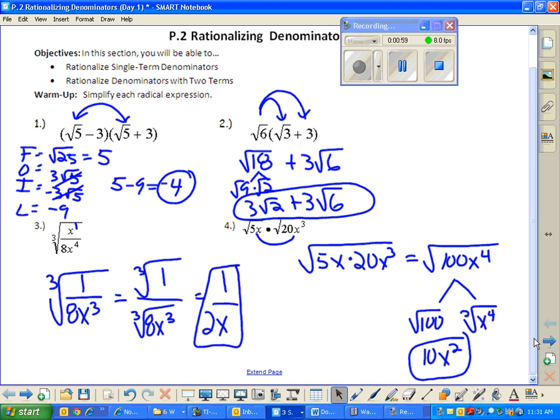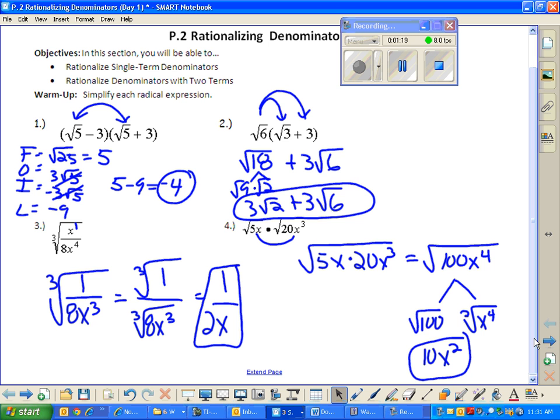So yeah, number 1's -4. We'll talk a lot more about that type of problem tomorrow. The relationship between the square root of 5 minus 3 and the square root of 5 plus 3 is actually an important one. Number 2, I again use the distributive property